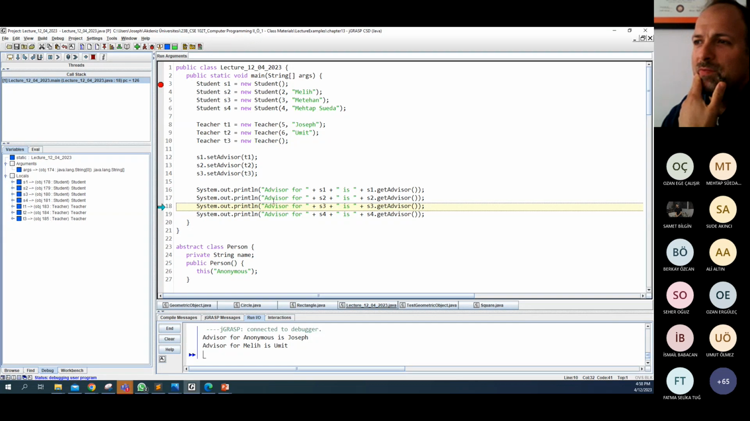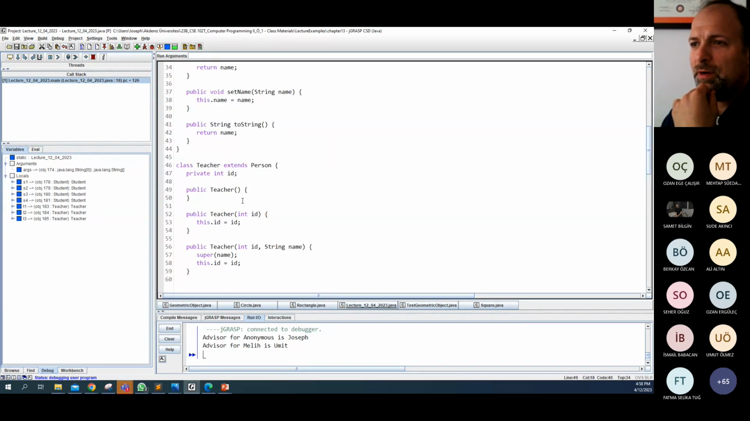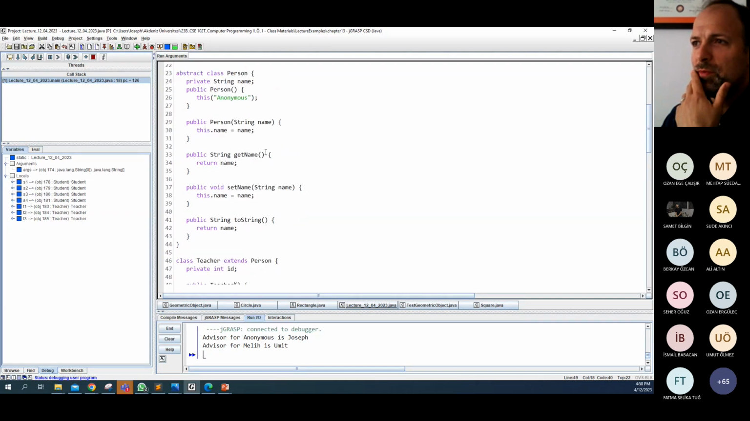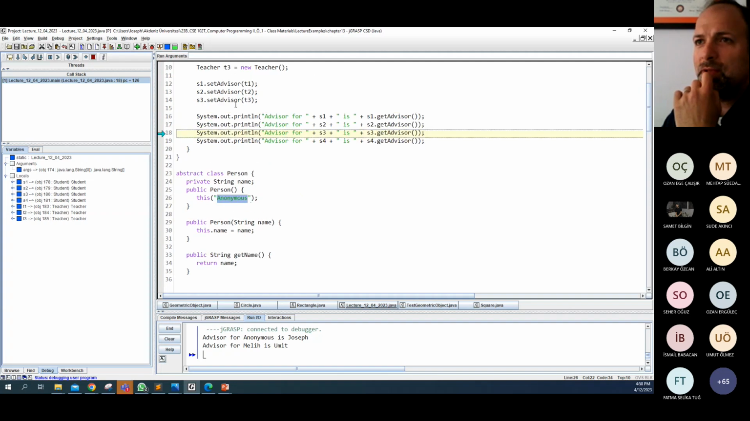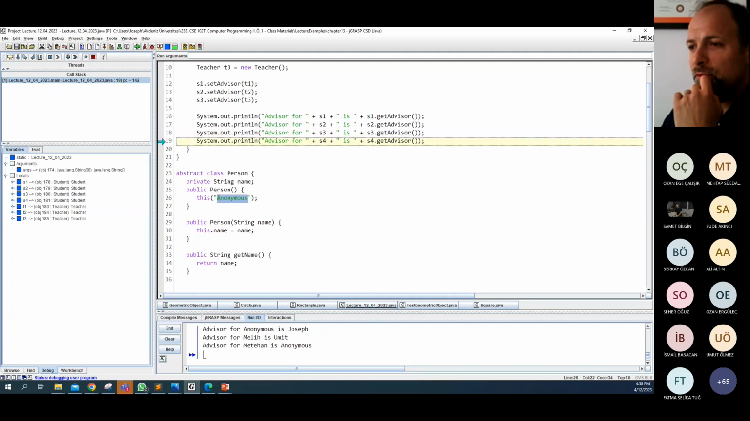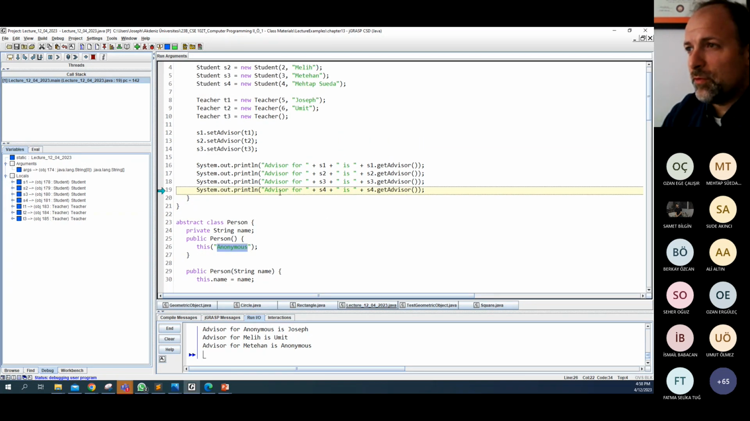What did we say? That if the teacher has nothing, we call the super constructor with no parameter. The super constructor with no parameter gives us anonymous, right? So the advisor for Metahan is anonymous. Metahan, you have an anonymous advisor. Okay. And then finally, the advisor for S4, for Metap Sueda